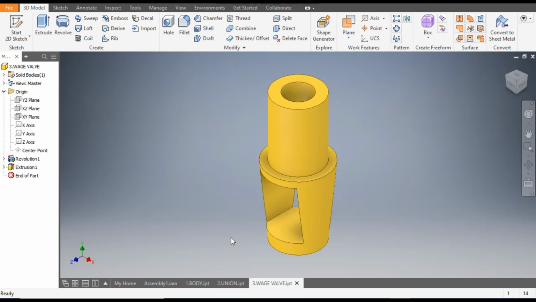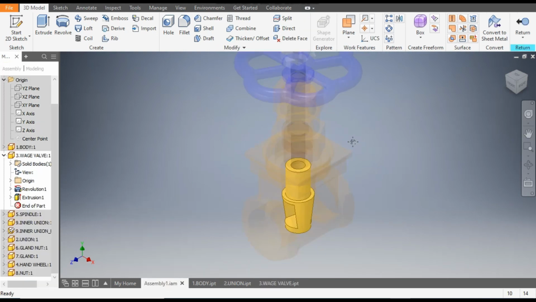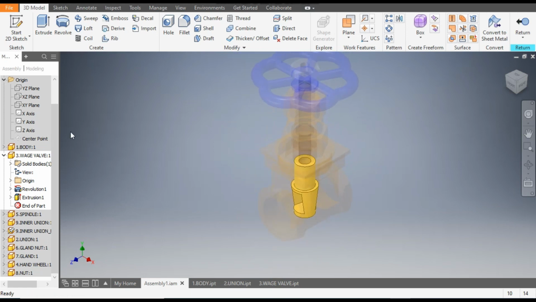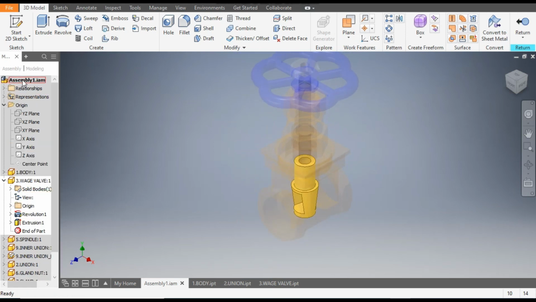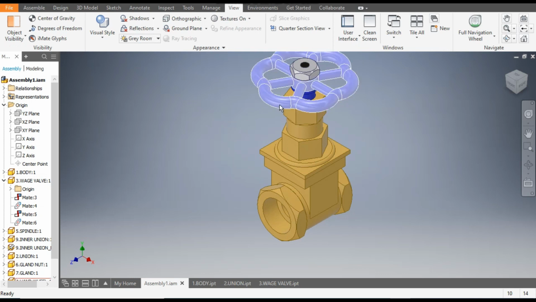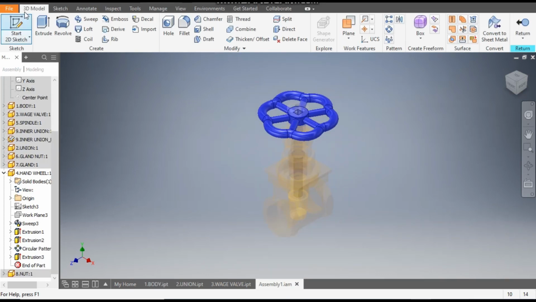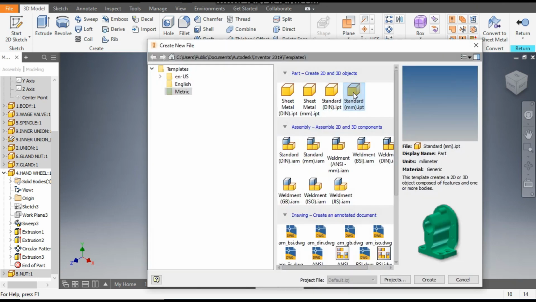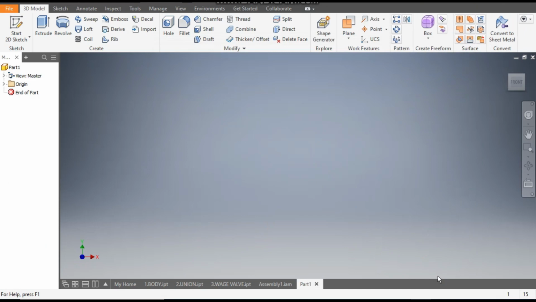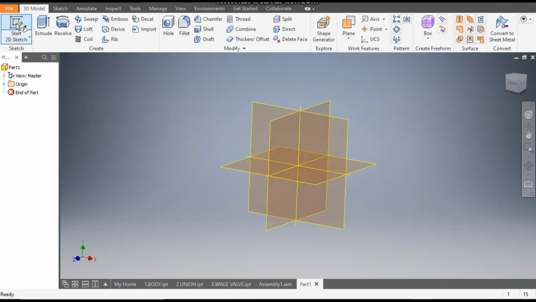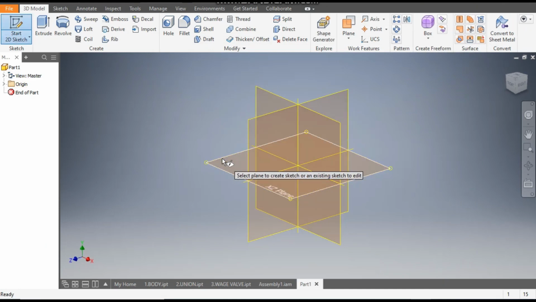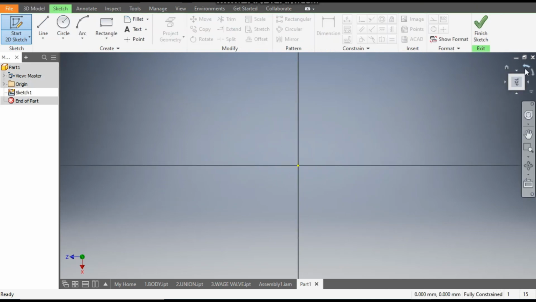Now we will construct the fourth part. Go to assembly. We made this part. Assembly, double click. Now we will make this handle. Now go to new, take a standard part in millimeter and go to create. Now select the 2D sketch and click on exit plane, rotate this view,